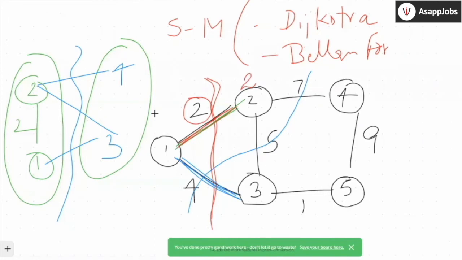Now, once it is done, I pick my next cut. This is my next cut, right? On this cut, I pick a minimum weight edge. What's the minimum weight edge? The minimum weight edge is 1 to 3, the edge length 1 to 3, which is 4. So I pick that weight and update the weight for 3, which I make 4, because that's the weight for 3. Now, what kind of structure do I have here?